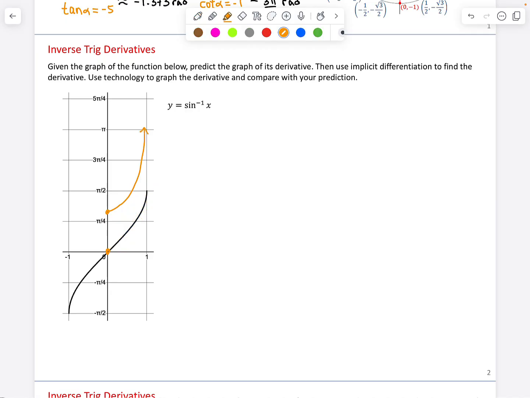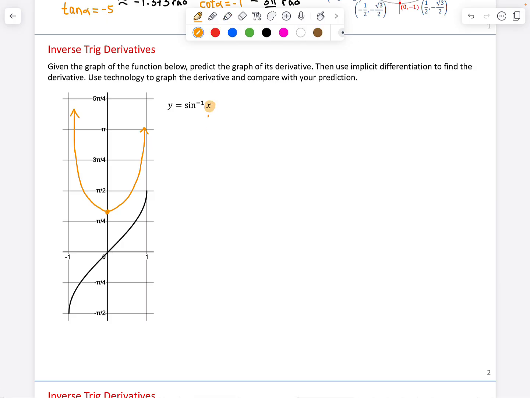And then as we go backwards along this curve, the slopes also just get steeper and steeper and positive, also approaching infinity, so following an asymptote. So whatever the derivative is, I expect its shape to be something like this. Let's confirm. Okay, if we have the function y equals arc sine of x, the meaning of these symbols would be